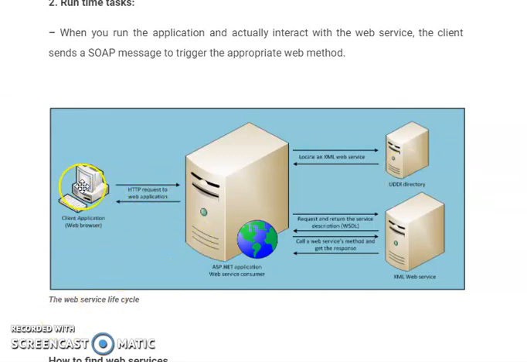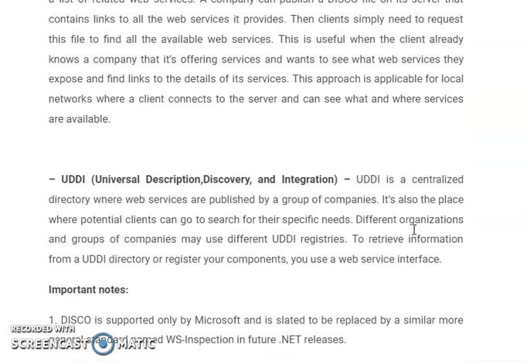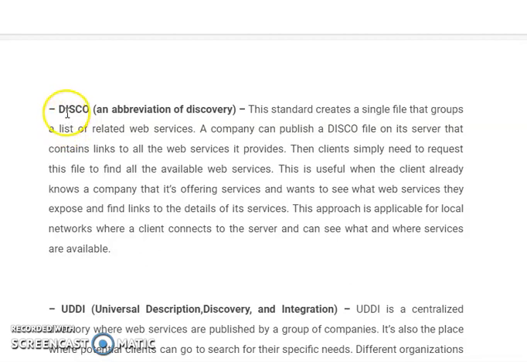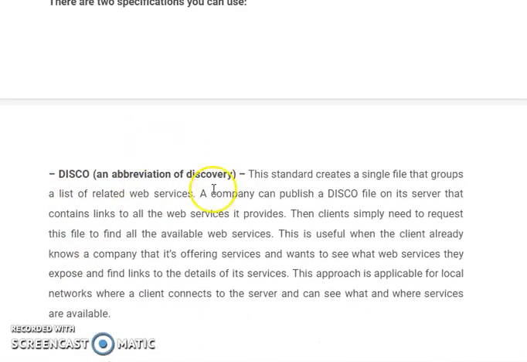Now the user, meaning your client, is unaware of all these web services. This ASP.NET application, when it is developed, has this particular web service embedded as per the requirement. Now one way is the UDDI way, or another is the XML web service also. Now you can get a response in the form of the WSDL. Now there are two concepts here you will see. One is discovery and another one is UDDI. Disco stands for discovery.